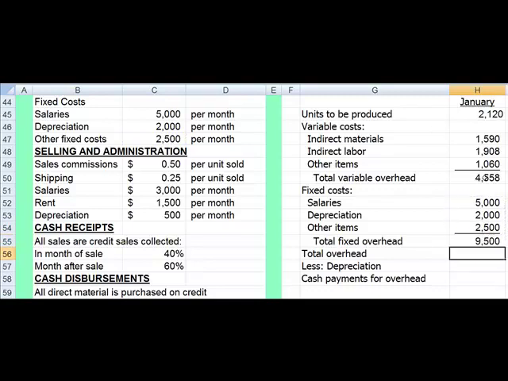So 4,558 is our variable cost, 9,500 is our fixed cost. Add the two together, 4,558 plus 9,500, and that's our total overhead. Now remember, I said we're going to take out depreciation at the end. For income purposes, for cost of goods sold purposes, our total overhead is